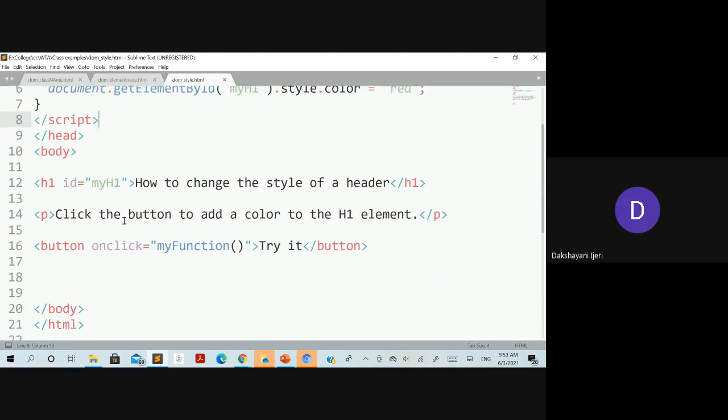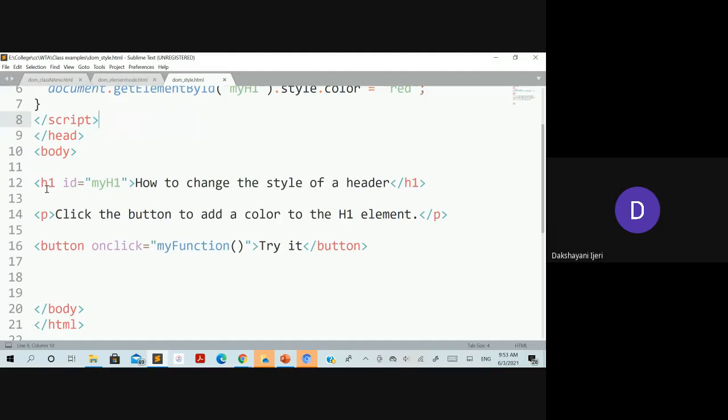Now we'll see what we have done in the body section. Within the body section, you can see h1 is the element that we have defined with the id myH1. So id is an attribute that you can use on any element of your choice. There is no restriction that id has to be used only with particular elements. You can use it on any element within the body section wherever you want the JavaScript to be applied.